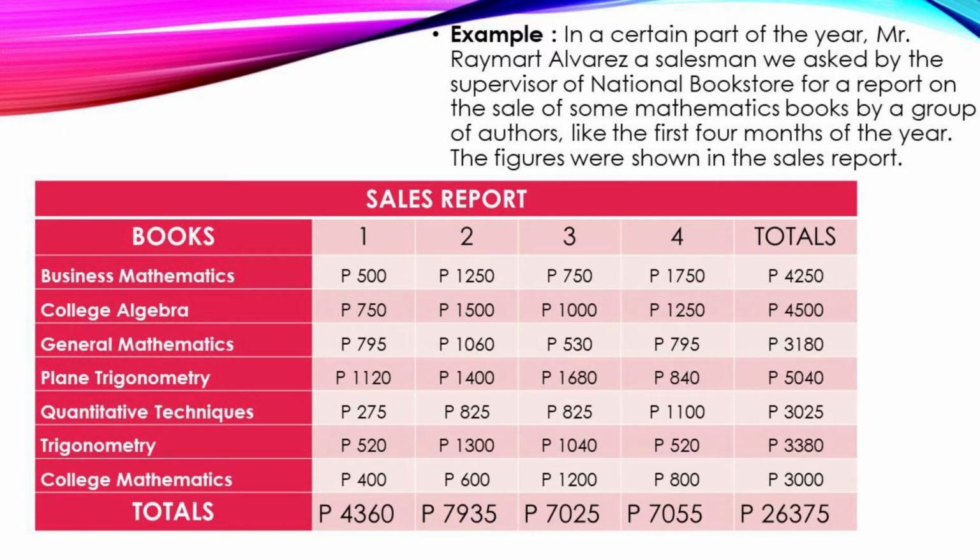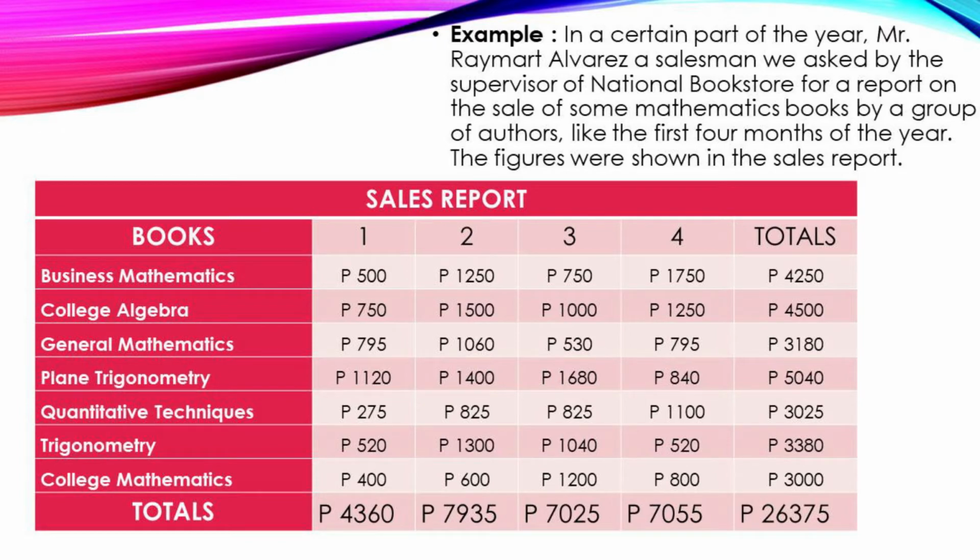Next, for the total in fourth month only: 1,750 plus 1,250 plus 795 plus 840 plus 1,100 plus 520 plus 800 is equal to 7,055 pesos in the fourth month. Next, the last, for the total amount in books 1 to 7,